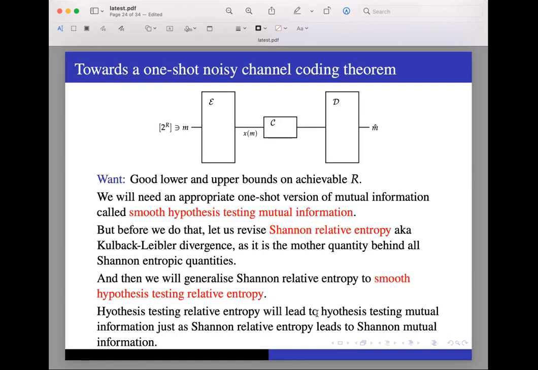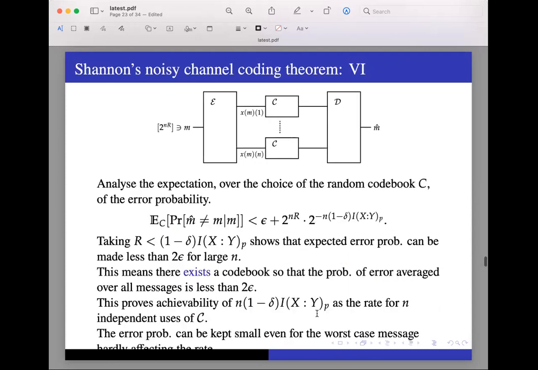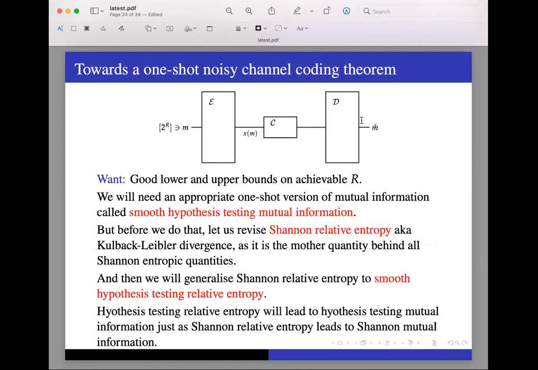Okay, so we will not look at the proof of the converse today, but instead in this course we'll do something better. As you can expect, we will analyze this with our one-shot tools, and we will get an achievability result. We will get a matching converse result, and if the last lecture is anything to go by, our analysis will be far sharper than these fudge factors of 1 plus or minus delta at the end of the day. So we want to shoot for a one-shot noisy channel coding theorem.